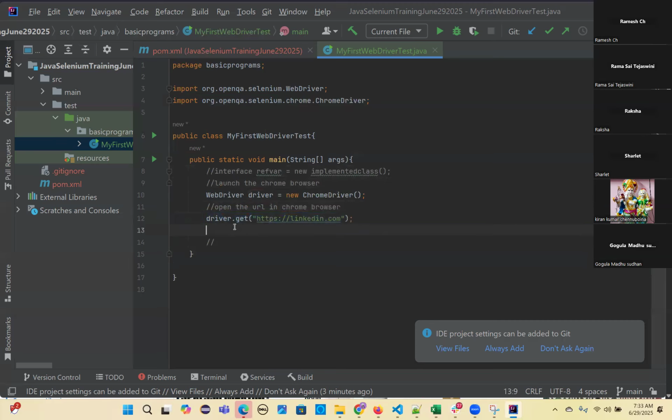You don't need to do that. This method will do that. So in this browser, this method will open this URL. Okay. Now I want to